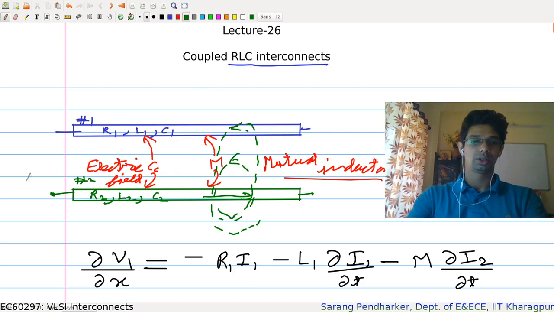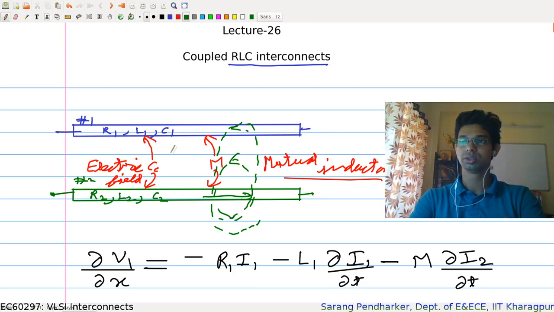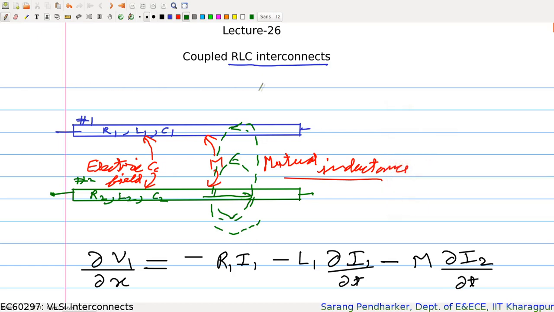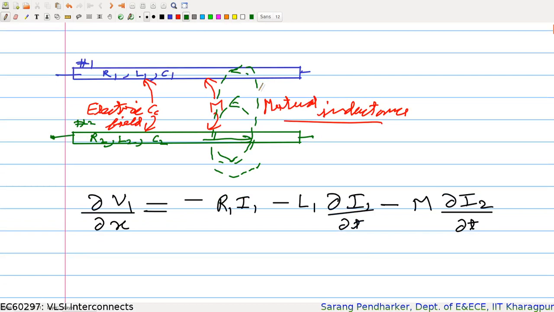So now what we want to do is find the differential equations governing the voltages and currents in this scenario. We have done this practice quite a lot, so I will directly come to the part of the differential equation. We start in a similar way. We start with some infinitesimal segment, and in the delta x tending to 0 limit, we get the differential equation. But by this time it should be clear to you how we get these equations.